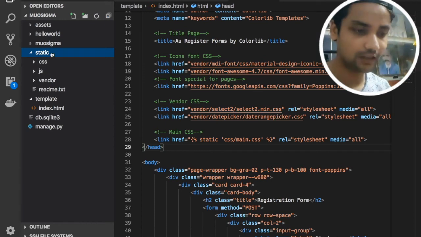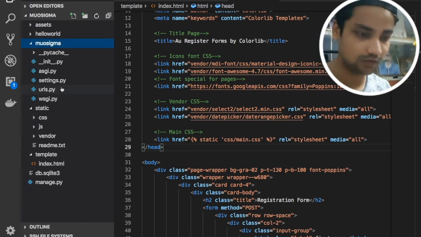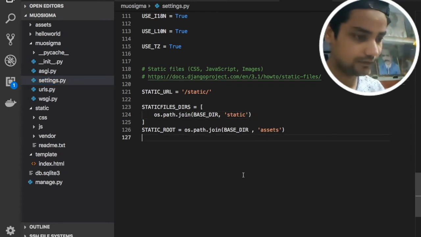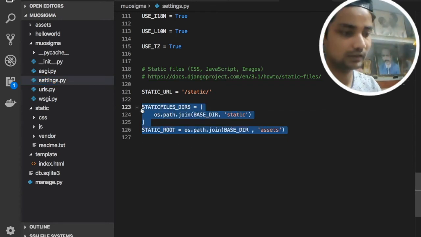Then after, you need to go inside the project, go inside the settings.py file and just type these things.